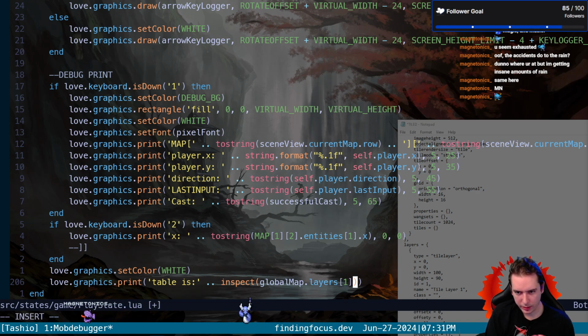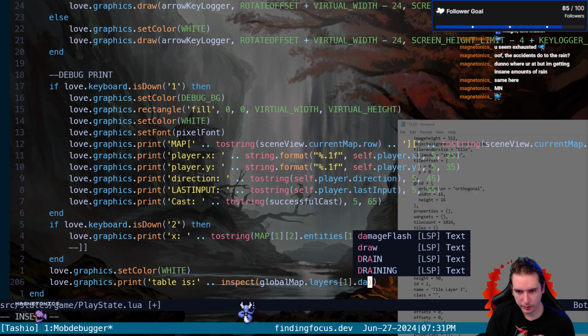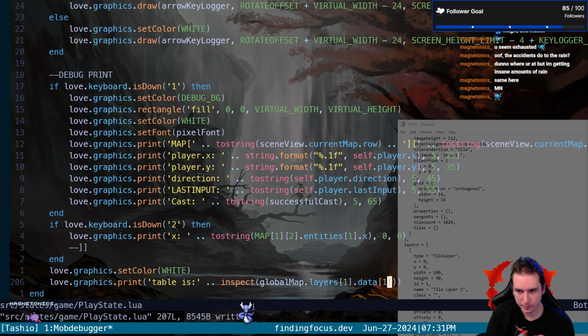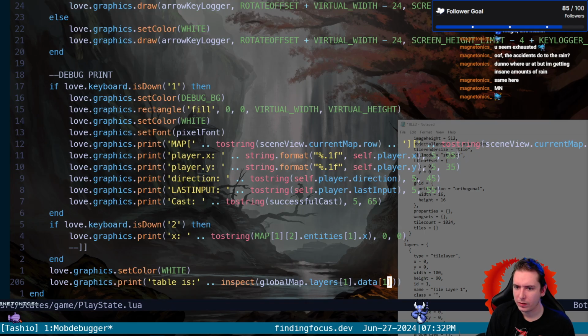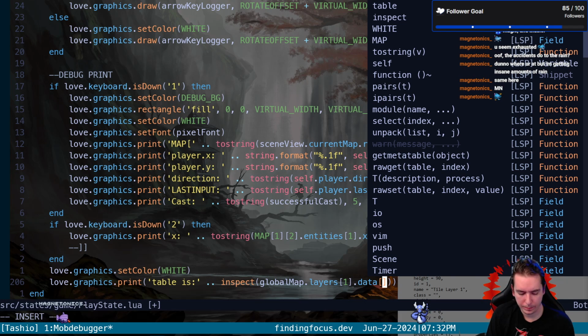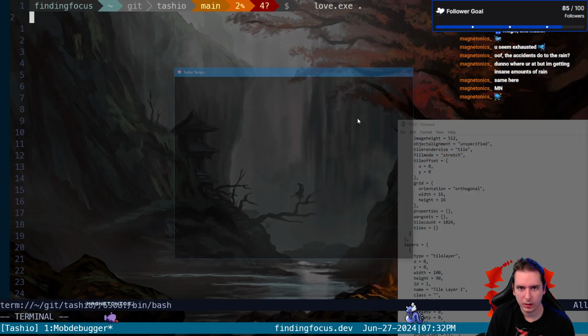Okay, so let's just try to go into the first layer, and we're trying to go into the data, and let's just try to pull the first data and see if that is nil or not. Oh, it isn't. Now I still don't see where the data is just a table of numbers. So how come if I do another data,